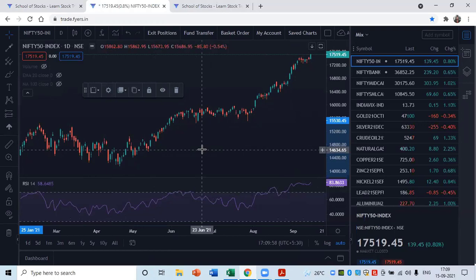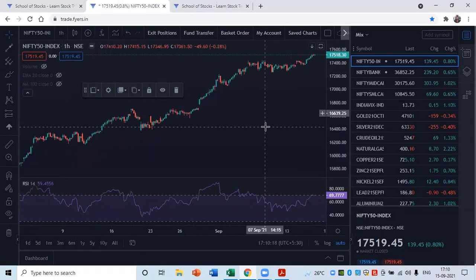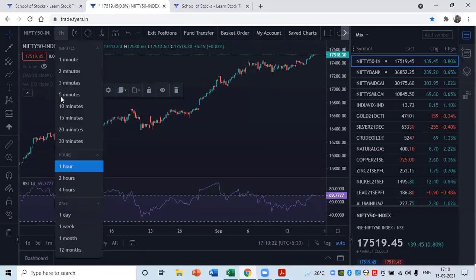Remember, when the RSI is at 80, it tells you that the buyers are in very strong control of prices. They are totally dominating the sellers, and the momentum is very strong. So as long as that momentum is intact, as long as no signal is generated from the price, never ever initiate counter trades. So you could use RSI very well even on the hourly time frames, even on the 15-minute